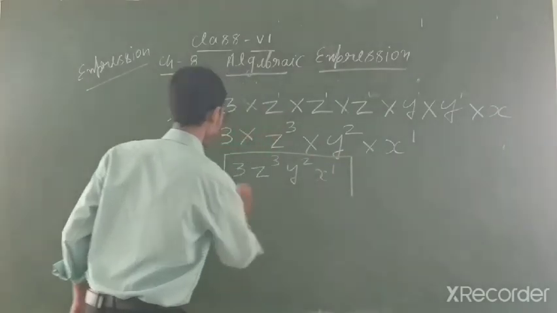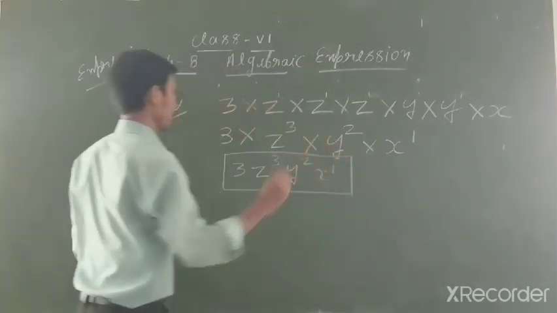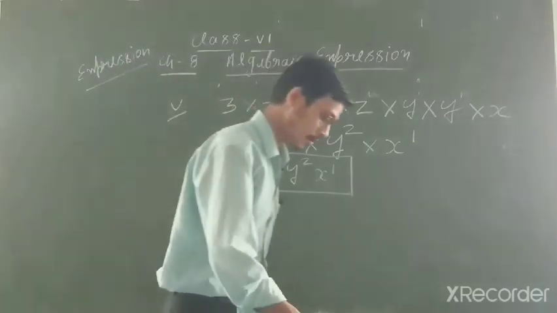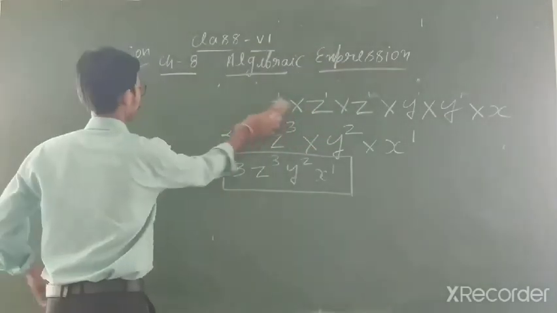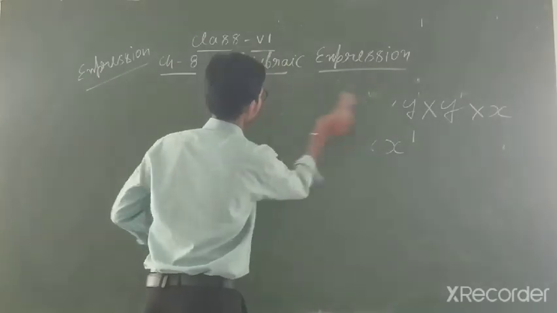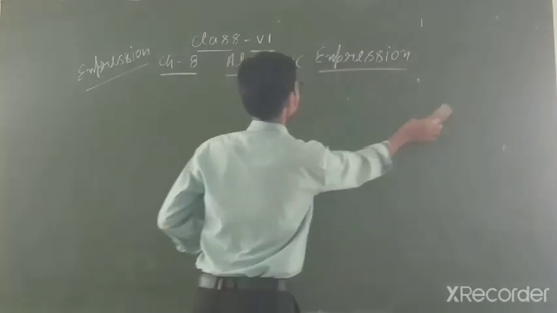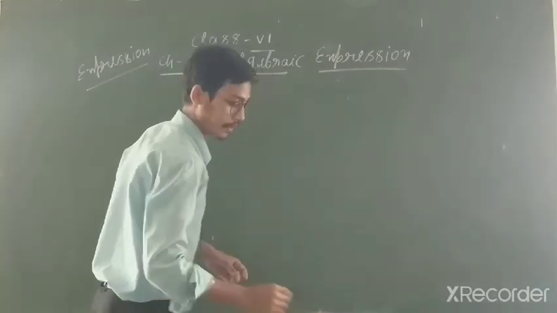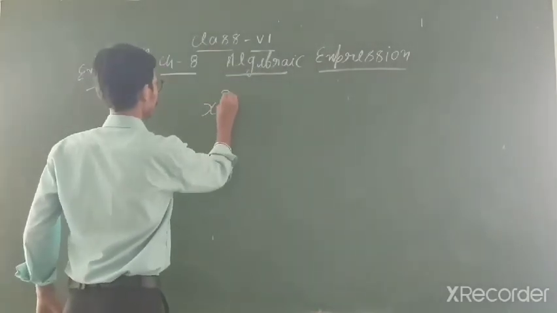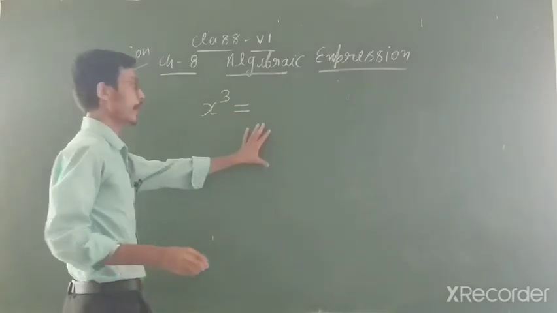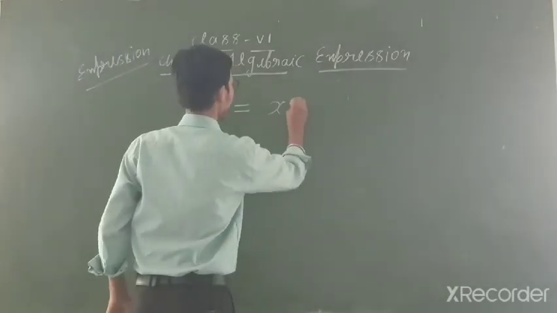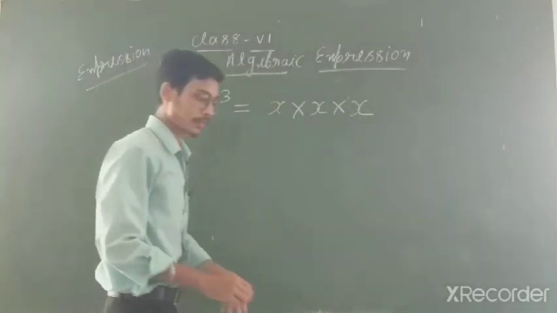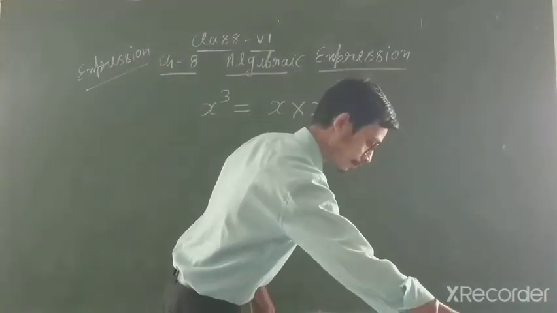Only you have to see carefully how many times are given. If how many times are not given, then you can count yourself. Clear student? Now move to the next question. Now in next question you have to solve the question reverse of this. Clear? Like if it is given x to power 3, it means what? If you want to write down in simpler form, you can write down x into x into x. Clear student? So similarly, what is given?